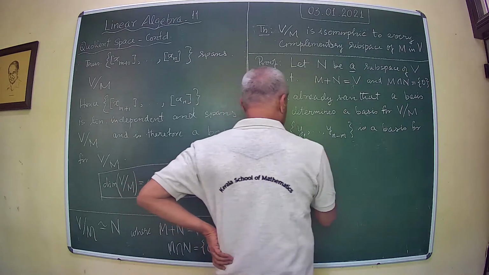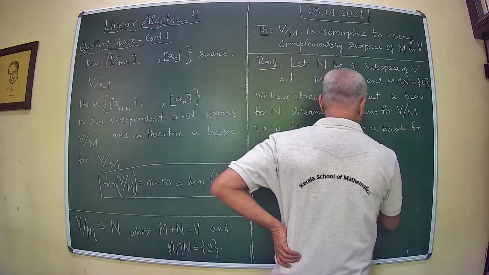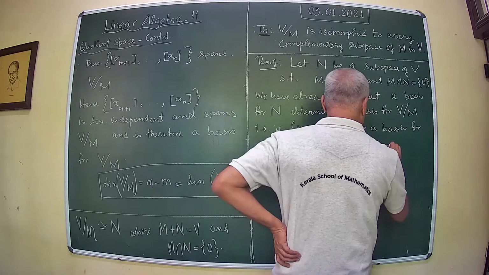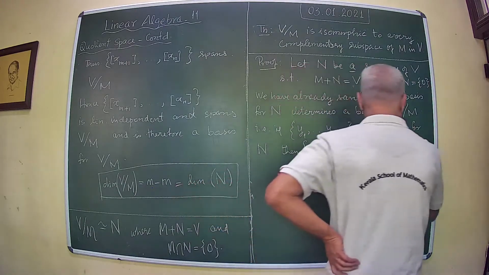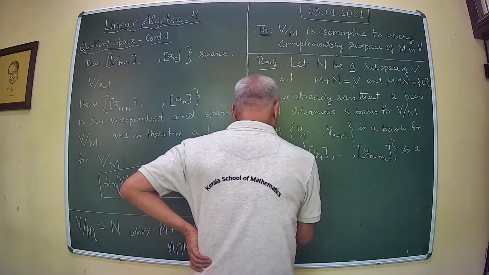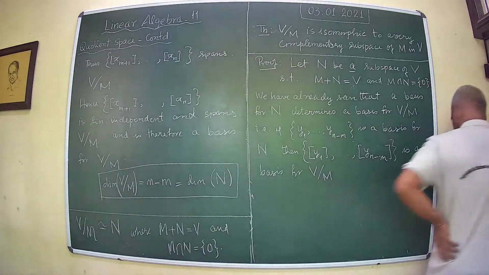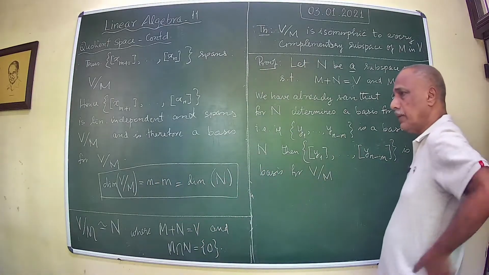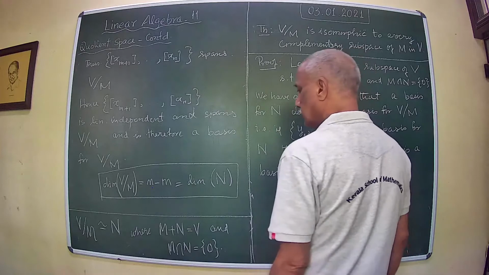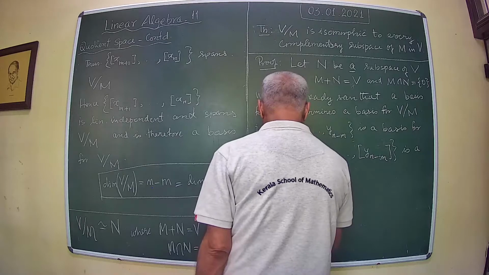Then now we define a mapping. So V by M is isomorphic to N. So define